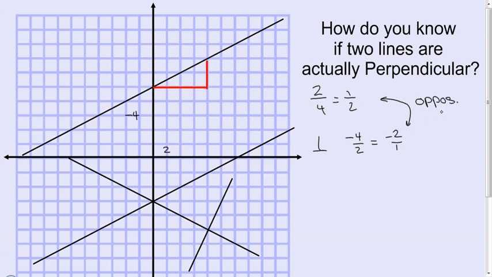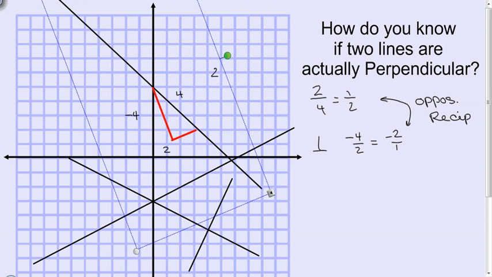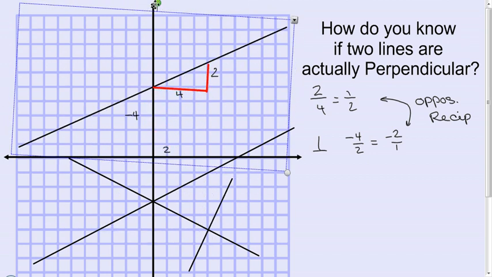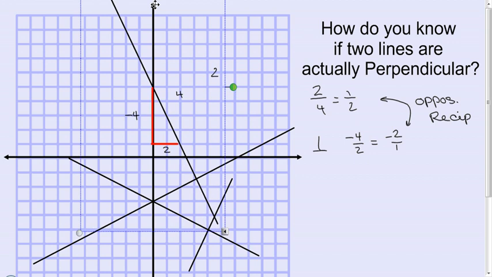That's why we have a positive and a negative. But the reciprocal is what you saw when we rotated the slope. What was my run is now making up my rise, and what was my rise is now making up my run. So when I rotate that, I can see that my fraction is going to have to be inverted. My rise and my run are going to switch places, and I'm going from an uphill line